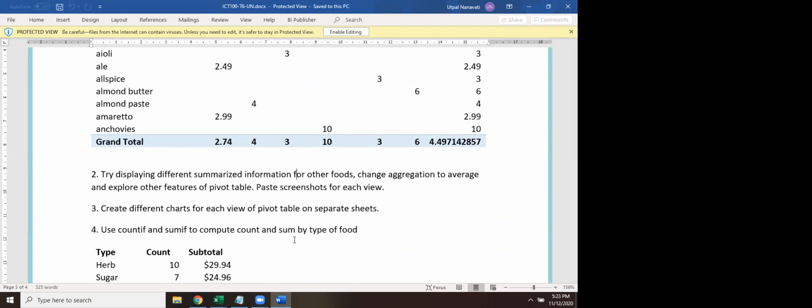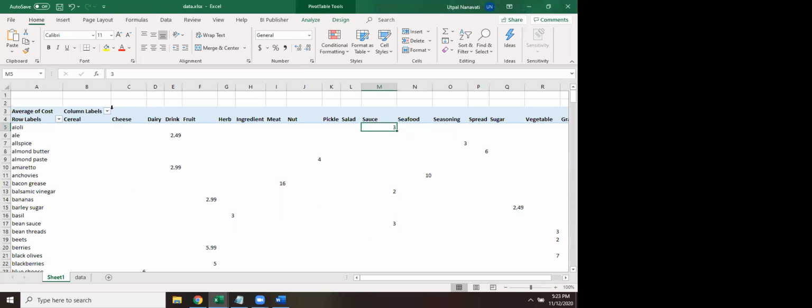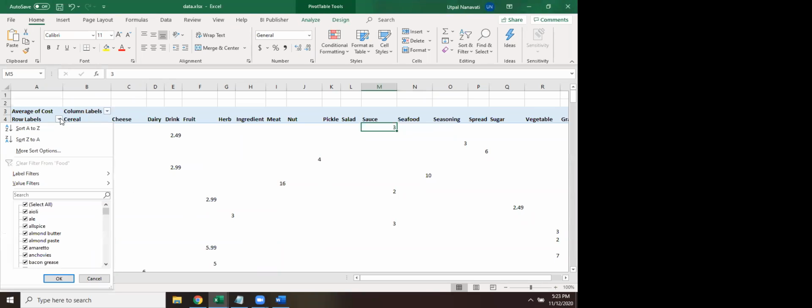Try displaying different summarized information for other foods, change aggregation to average, and explore other features of pivot table. So just keep taking screenshots of whatever you try to do, just like I was playing around with different features here. Apply filtering, apply filter here if you want to. Instead of select all, just go with say